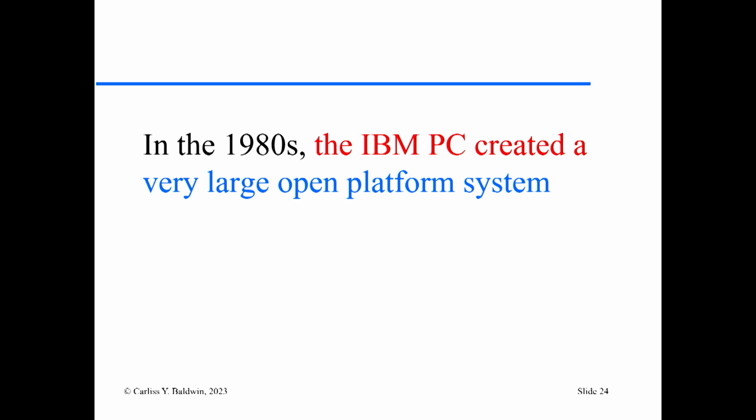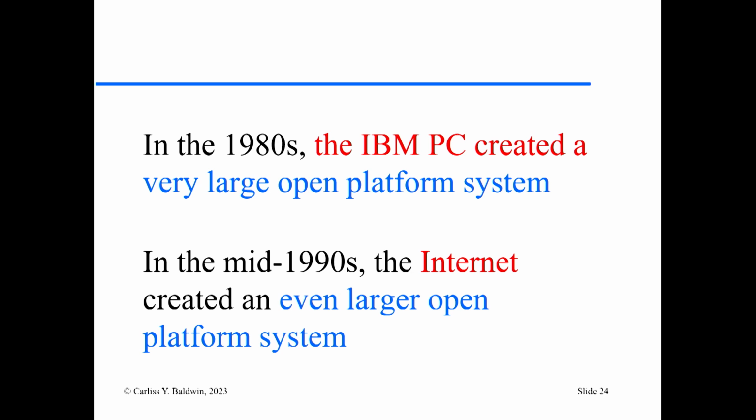So by then, IBM strategy had thought through something about large open platform systems. They didn't think through it all because they ended up with, and then in the mid-90s, the internet, which is not owned, but managed out of MIT, I think, created an even larger open platform system